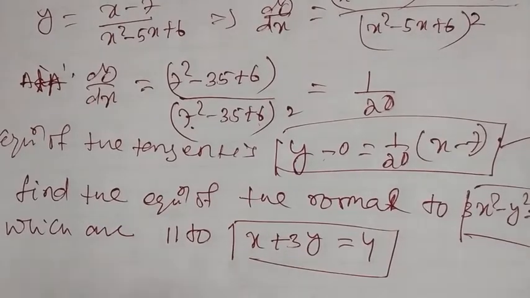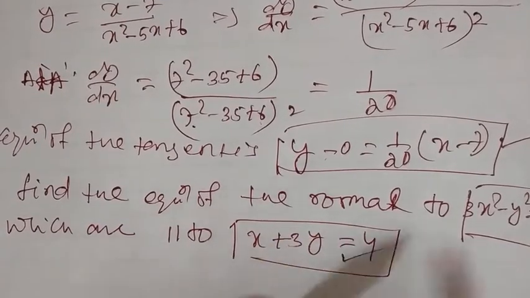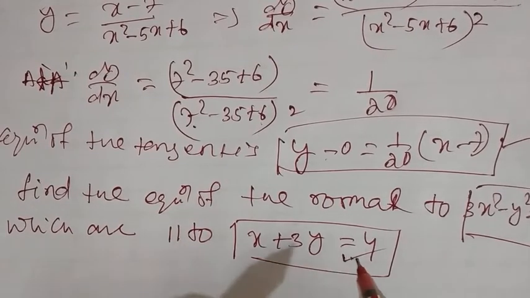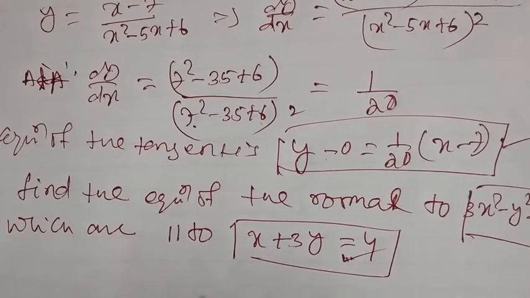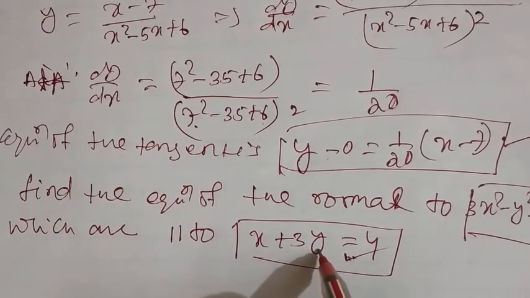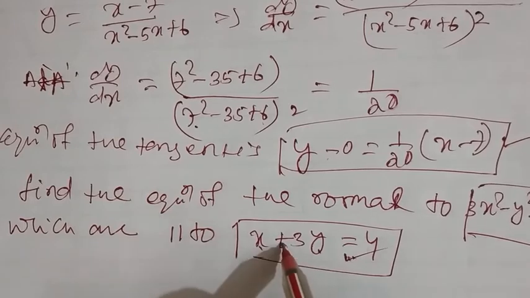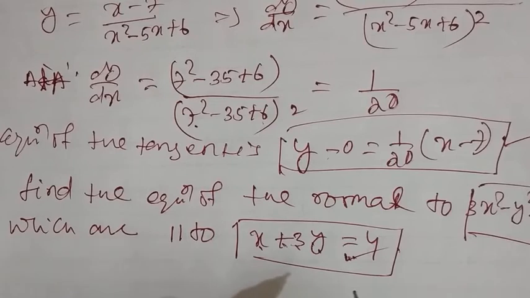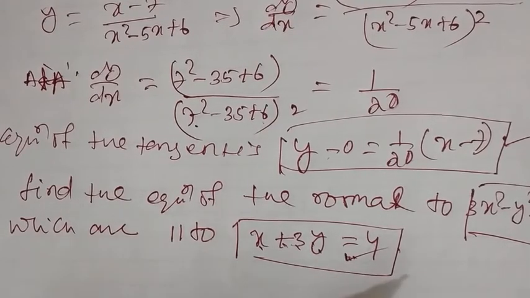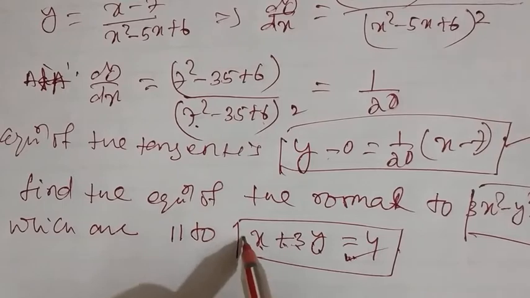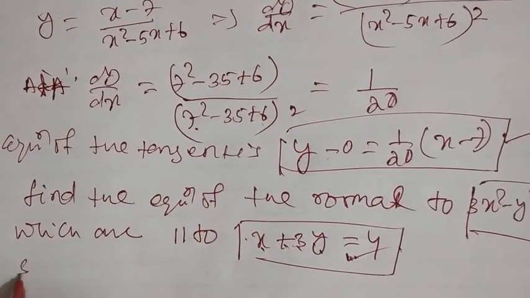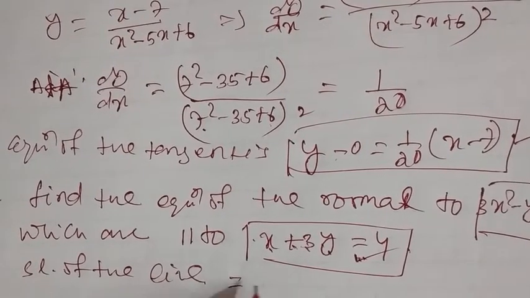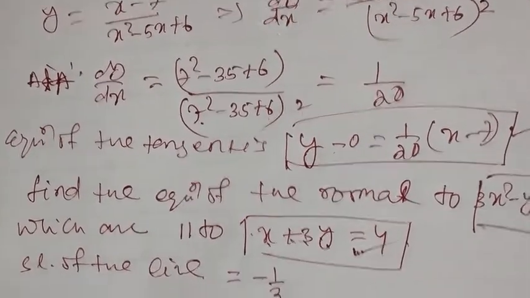Okay. Now a line parallel to this line means the slope of that line is also the same as the slope of this line. So what is the slope of the line? Seedha nikal sakte hain. Get dy by dx. Kya mila? 1 plus 3 dy by dx equal to 0, so it is minus 1 by 3. Ye ek tarika hai. Doosra method, apply your formula, minus a by b. A is 1, b is 3. Now the slope of the line is minus 1 by 3.